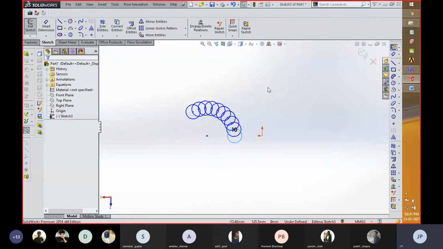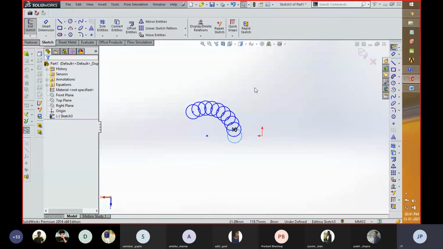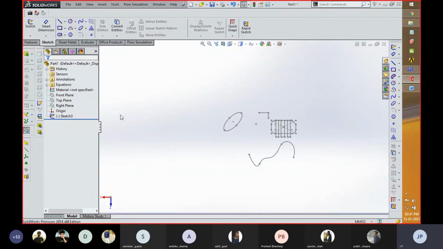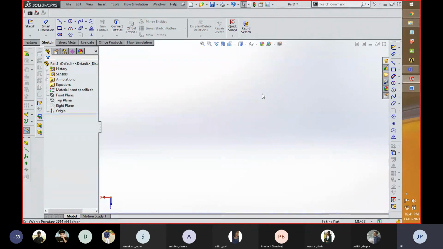This is all from my side, and at last we are going to create the solid part component which I showed you earlier. With the help of these toolbars, I'm going to create this. Right now I'm going to use these different tools with which we can create this solid part. If anyone has any query regarding the sketch tools, kindly let me know so I can clear it, or you can see the recording of this session which was started at the start of the lecture.